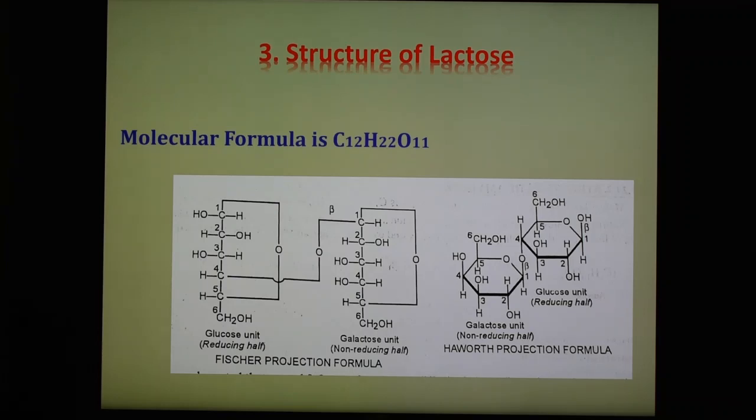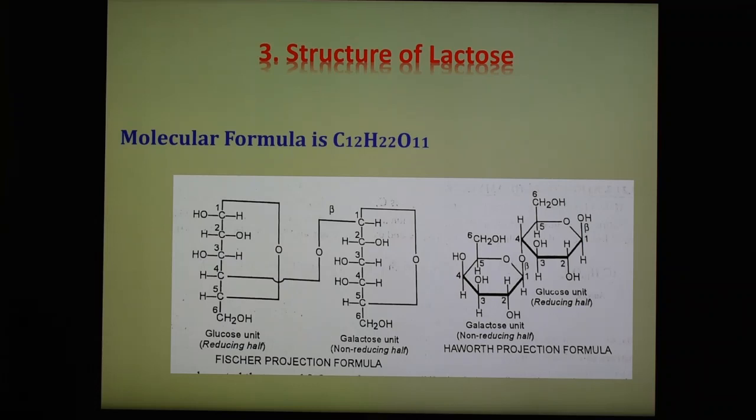also has a similar formula to that of maltose. When lactose undergoes hydrolysis, it forms two monosaccharides: one is glucose and the second is galactose. Both have the same formula. Like maltose, lactose is also a reducing sugar and hence reduces Tollens' reagent and Fehling's solution, and it also reacts with the